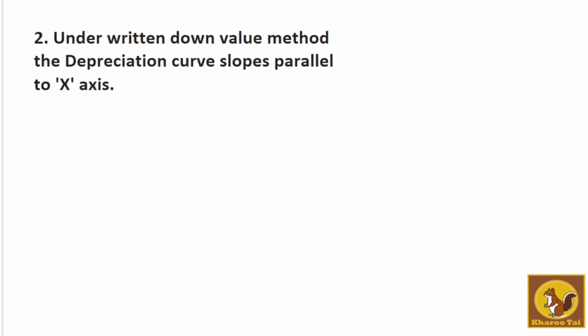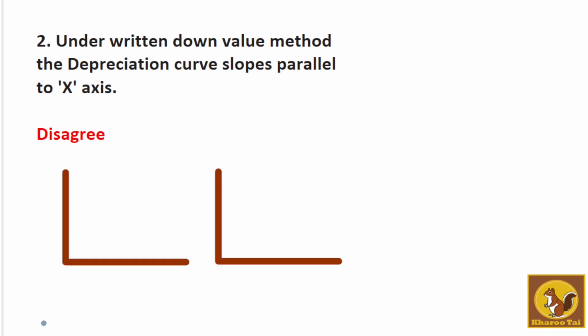Next question, under written down value method, the depreciation curve slopes parallel to x-axis. We disagree with the statement. So now this is graph on y-axis. We plot depreciation and this is y and this is x-axis. This is year 1, year 2 and year 3. In written down value method, the amount keeps reducing every year. We know that it keeps changing, and not just changing, it keeps reducing every year. So we will get such slope